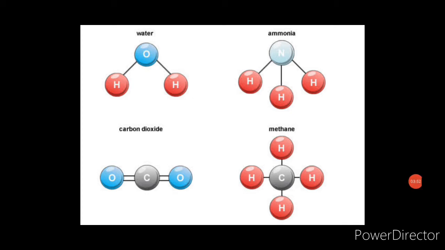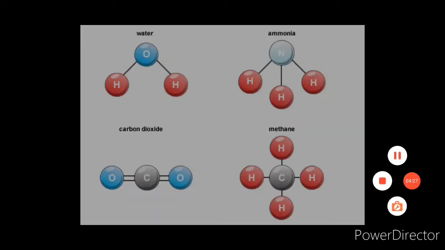Now these are the examples of a molecule. Water, ammonia, carbon dioxide, methane, these are the examples of molecule. They exist in free state. They are less reactive compared to that of an atom, and you can see a line between the atoms, isn't it? So these are the chemical bond. For example, water, oxygen is held by a chemical bond with 2 hydrogen atoms. So the black line between the atoms is the chemical bond. These atoms are held together by the chemical bond.